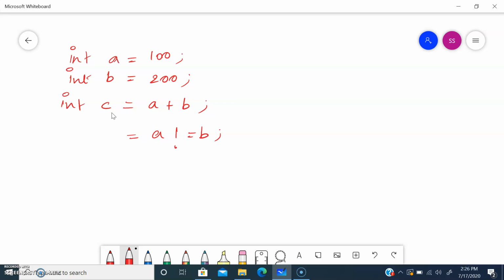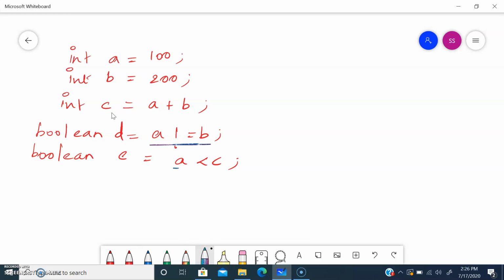I store this in a Boolean data type because we have used a relational operator. Next, boolean e is equal to a is less than c. When using this operator, we have to store the value in a Boolean, because it returns either true or false.